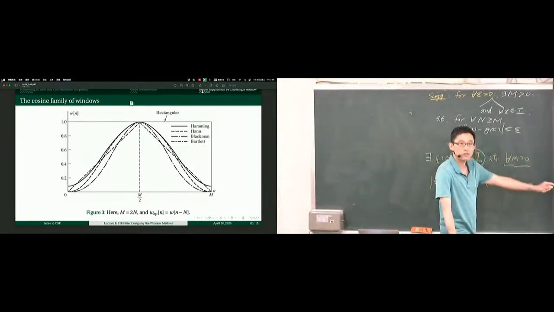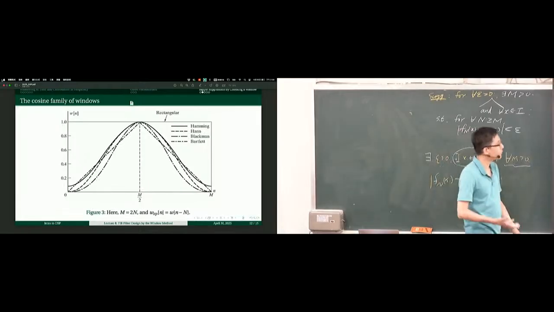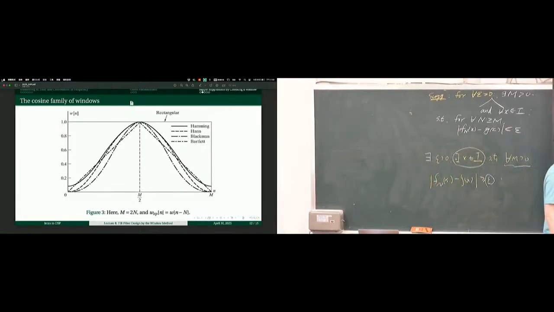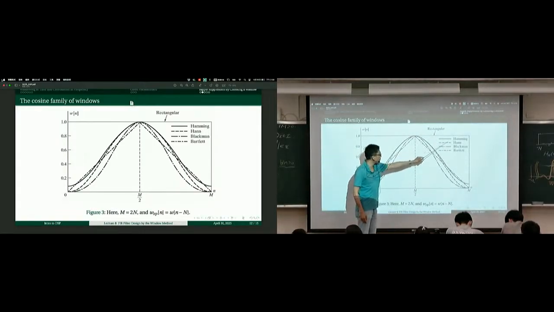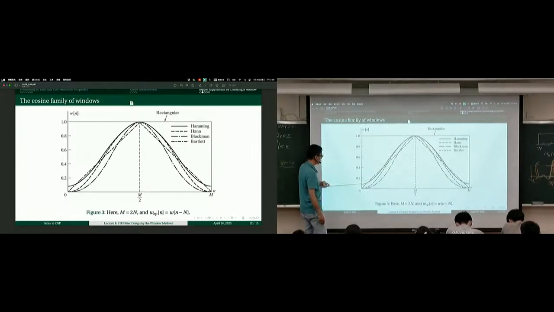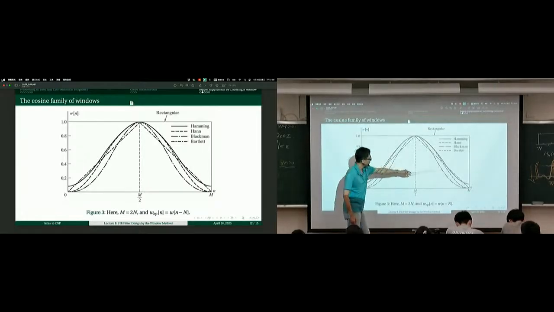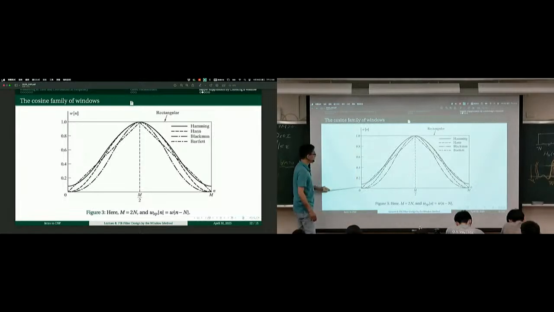So here on this slide, if you take a look, we are showing 4 commonly used windows. What are they? In addition to rectangular, we have the Hamming window, solid line right here, the Han window, which is the dashed line, that's a Han window right here. Just take a close look, and then we have the Blackman dash-dot line, that's a Blackman window which